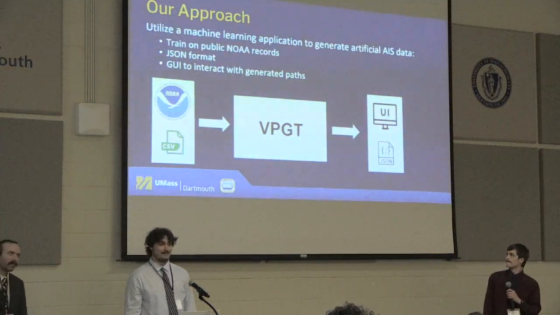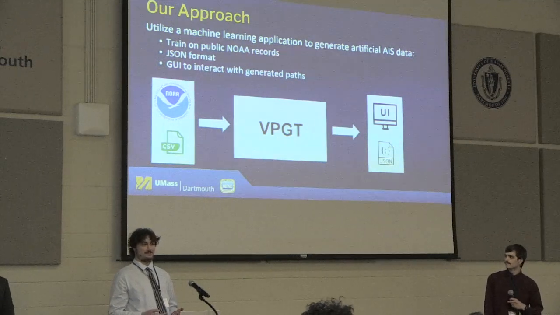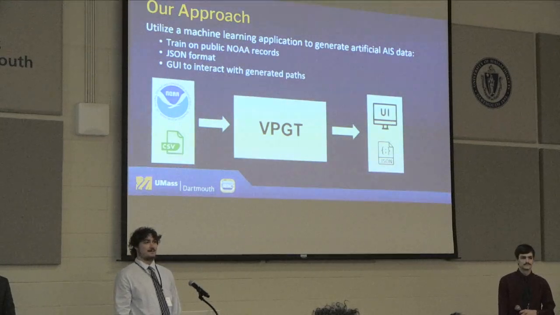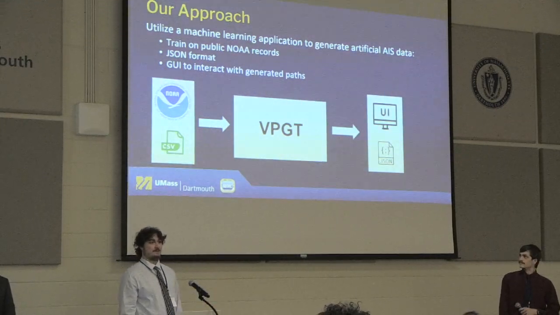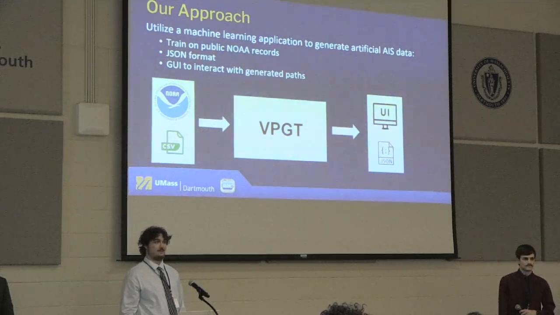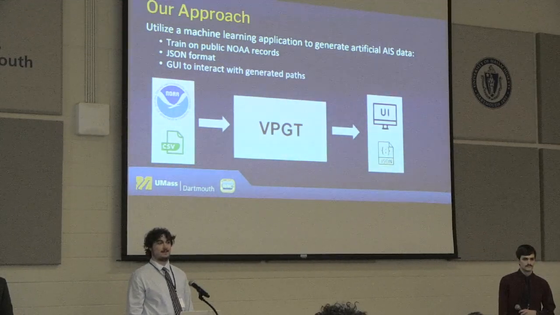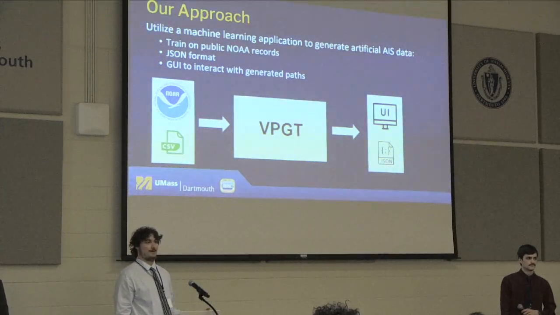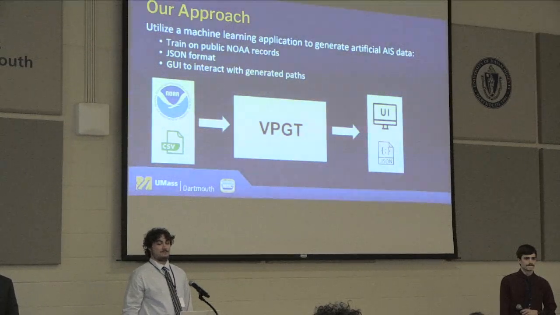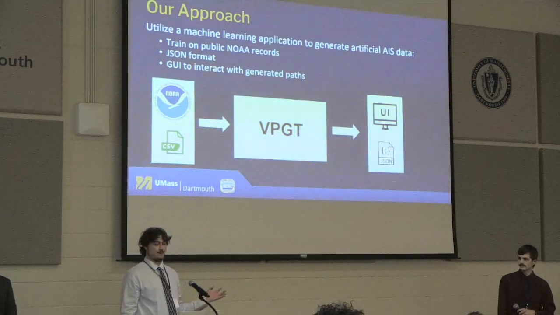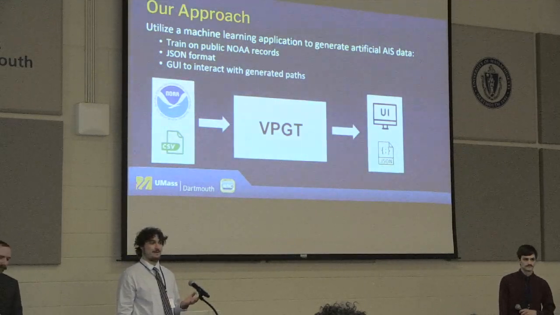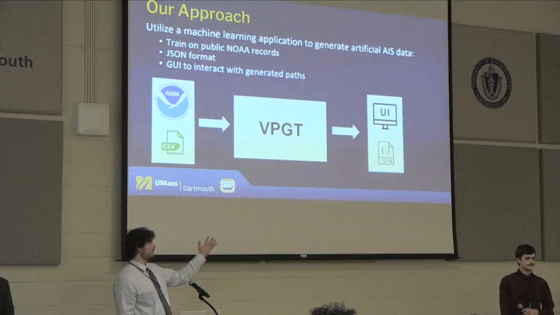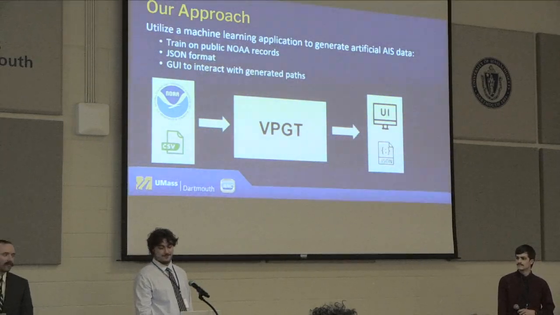All right, so the high-level approach of our tool was basically to utilize a machine learning application to generate our artificial AIS data. And the way we do that is visualized here by this pipeline behind me. We start by sourcing some publicly available data from NOAA, the National Oceanic and Atmospheric Administration. They're a government agency that collects information on weather and naval commerce and that sort of stuff. We source our public data from them, and then we take that, run it through our tool to train an artificial neural network that is being trained to generate this artificial data. And then as output, we get these JSON files, which can then be interacted with graphically and plotted using our